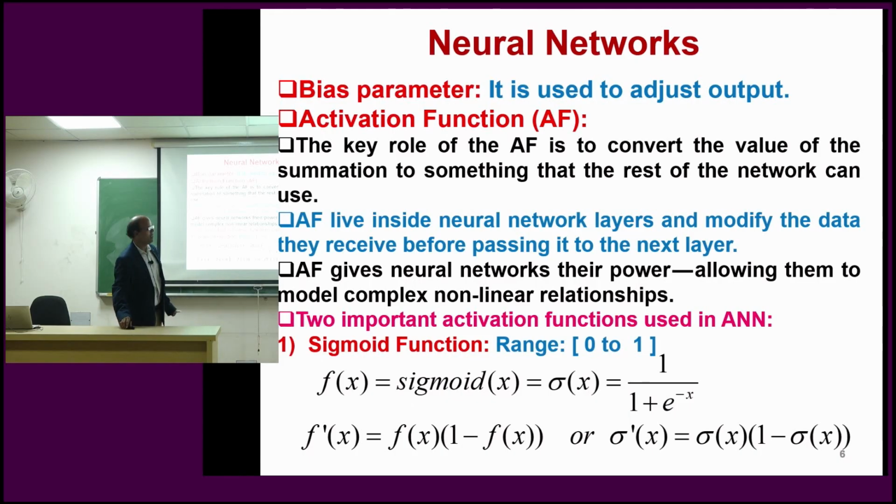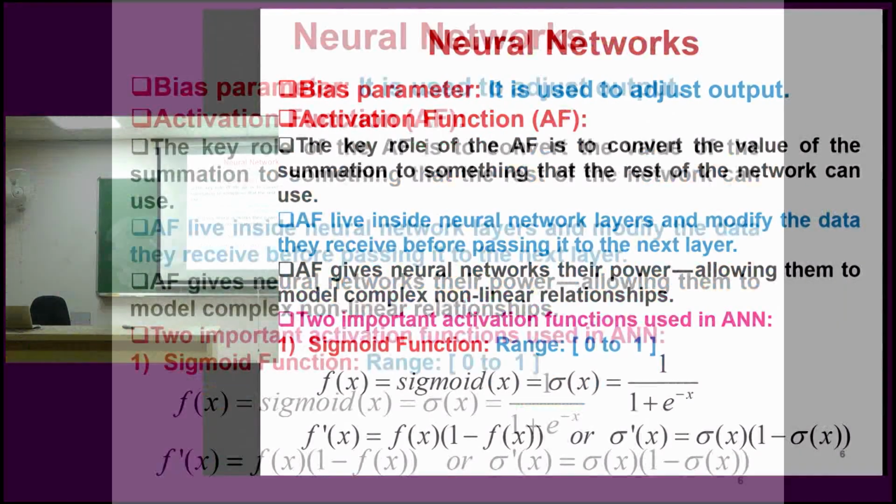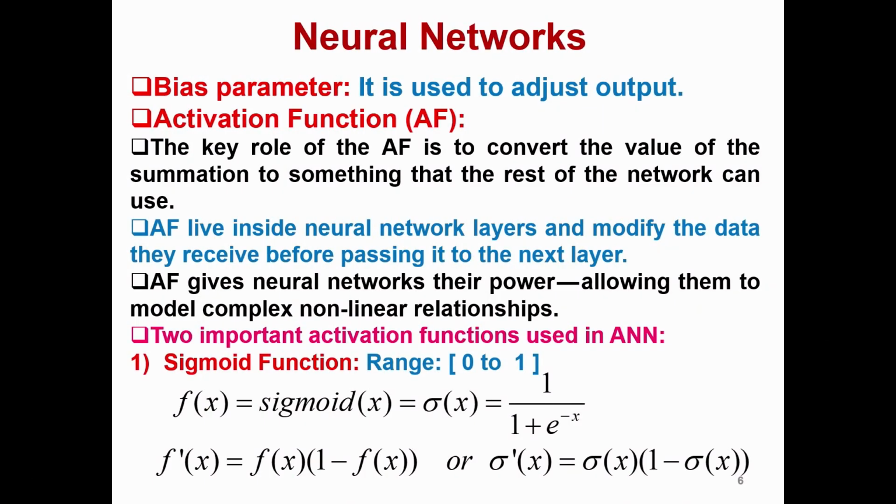One more important point about the sigmoid activation function is its derivative. You can easily calculate the derivative of the sigmoid activation function: sigma dash x equals sigma x times 1 minus sigma x. The good thing about the sigmoid activation function is that you can compute the derivative without any specialized tool. The gradient is computed from the function itself, and sigma x is already computed. That's the good thing about this. And if you plot it graphically,